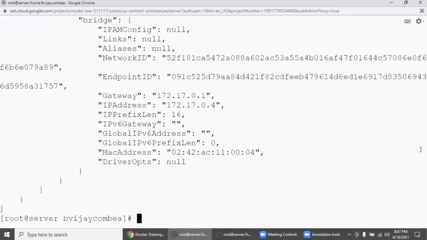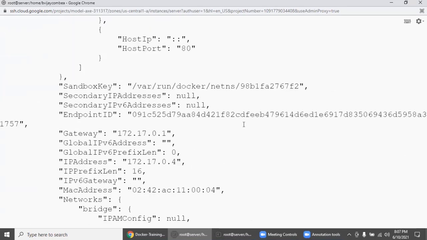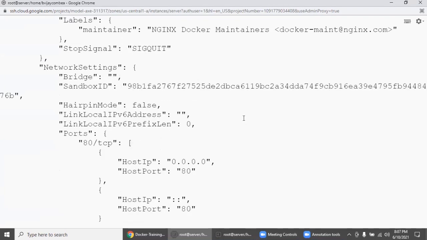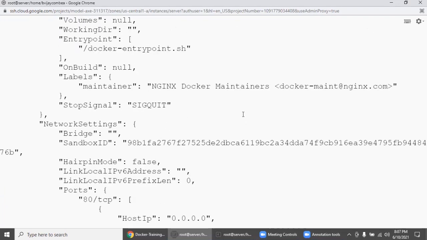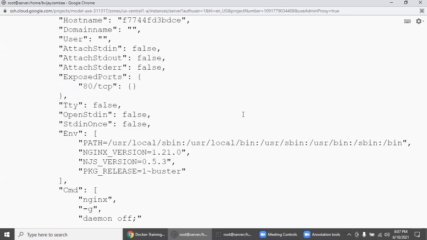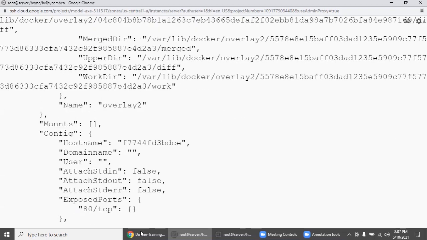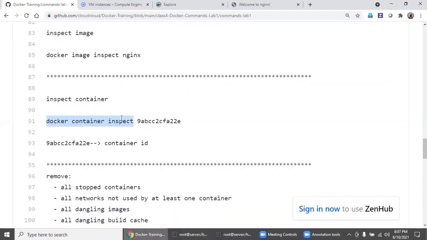It's the same command, but you need to take a running container, which will give you complete information. The inspect command is very crucial when you are working in production. Later we will see some automation using inspect, and performance tuning.